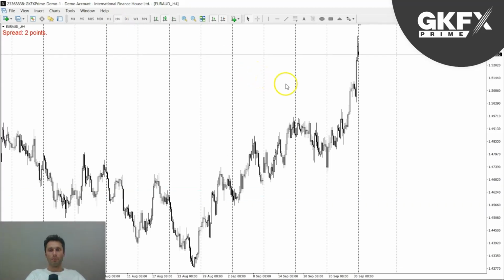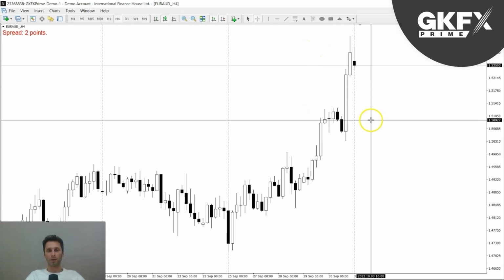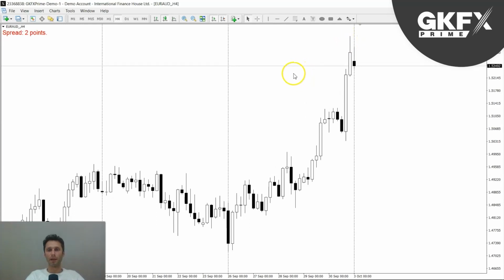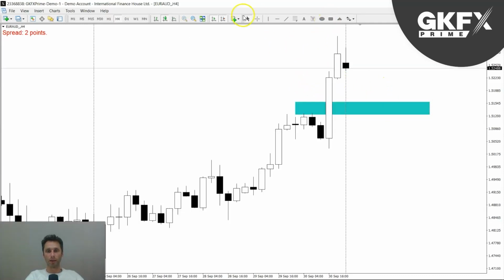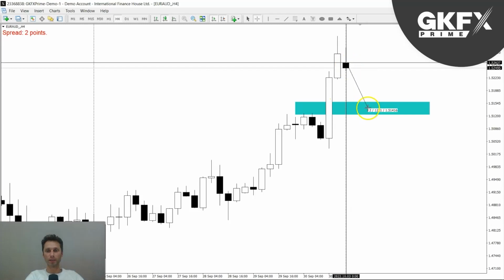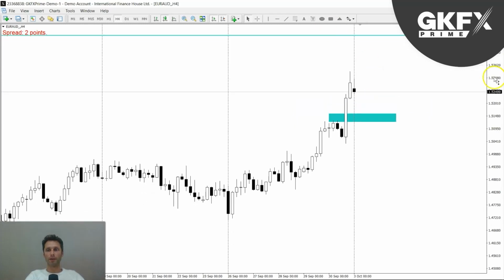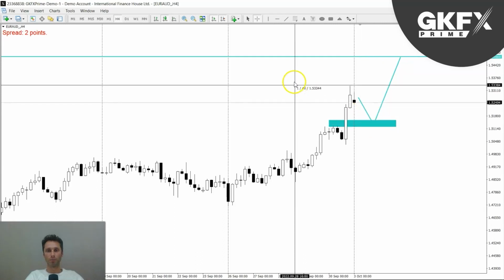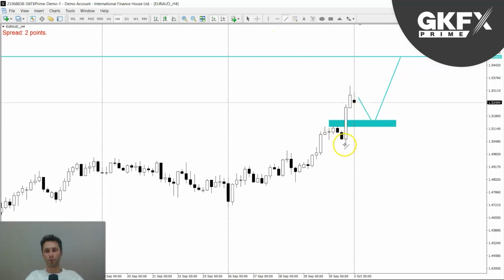So bearing that in mind, and now we have got here this very big move last week, over 550 pips, big move. So let's have a look where would be a good price to enter. Well, I can see this level right here. It should be a nice retracement. Should that happen, then that will be a high probability buy scenario to move to the upside and the next level, getting a nice cheap price. And the invalidation point would be